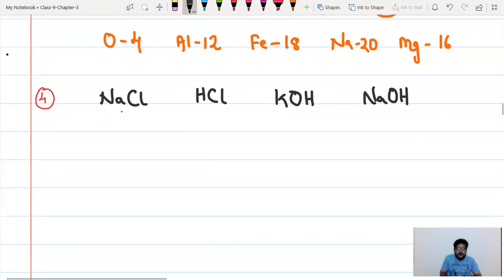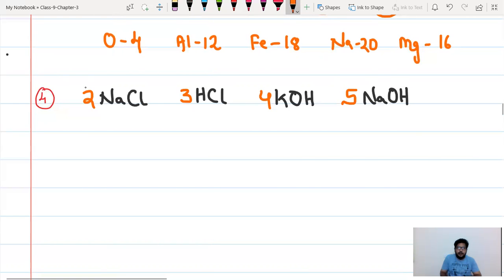Now in the first molecule we have sodium and chlorine. In the second we have hydrogen and chlorine. Guys, that molecule will be one, but while you are counting atoms, you have to separate everything. Now if you observe the third, KOH, K stands for potassium, O stands for oxygen, H stands for hydrogen, and last NaOH, we have 3. Now if any number is placed in front, 2 NaCl, 3 HCl, 4 KOH, 5 NaOH,